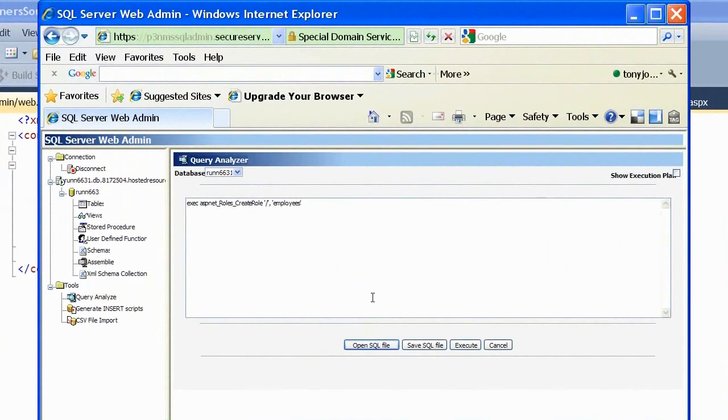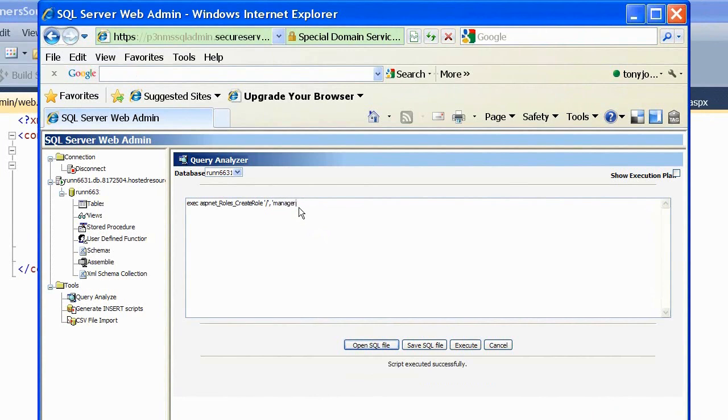So the roles that you created on your test server, in that ASP.NET MDB, whatever it is, test file, we need to recreate those. So once I change the role that I want to create, I just do execute here, and it comes back and says executed successfully. So I make one for employees